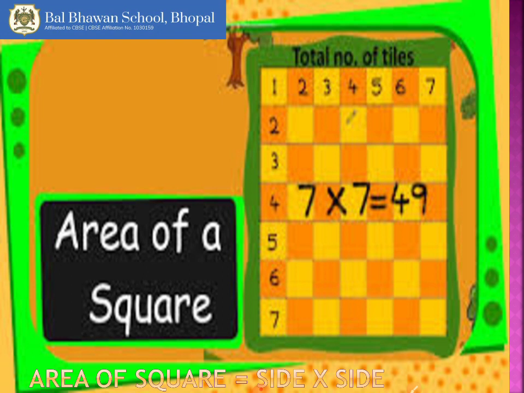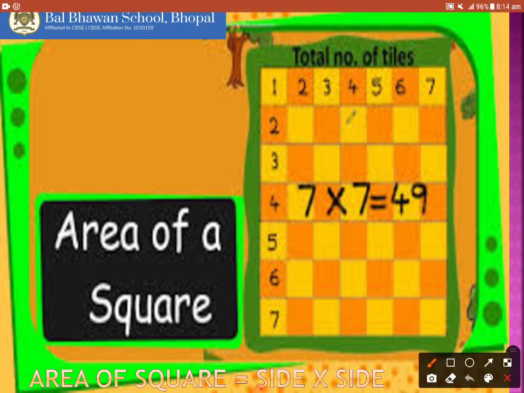One more shape is here, which is a square. Since in a square all the sides are of equal length, to find out its area, the first method is to count all the squares present in the interior region, or another method is to simply multiply side by side because the length of each side is equal. So here in this square the length is 7 centimeter. To find out the area of this square, we can apply it. Area is side into side, which is 7 into 7. 7 into 7 gives you 49. So the area of this square is 49 square units.